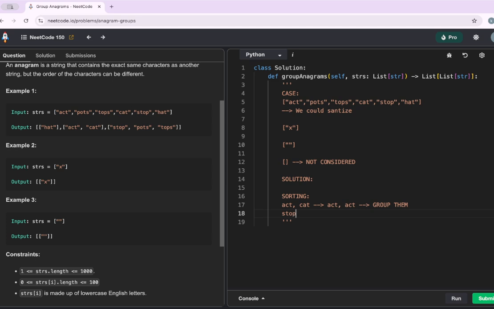And then let's say we did stops, pots, and tops. If we were to reorganize, oh wow, my alphabetical skills are terrible right now. Let's just assume stop is what it looks like alphabetically. Stop, stop. We would group them. Yeah, and so sorting, we would still need a way to maintain the groups that